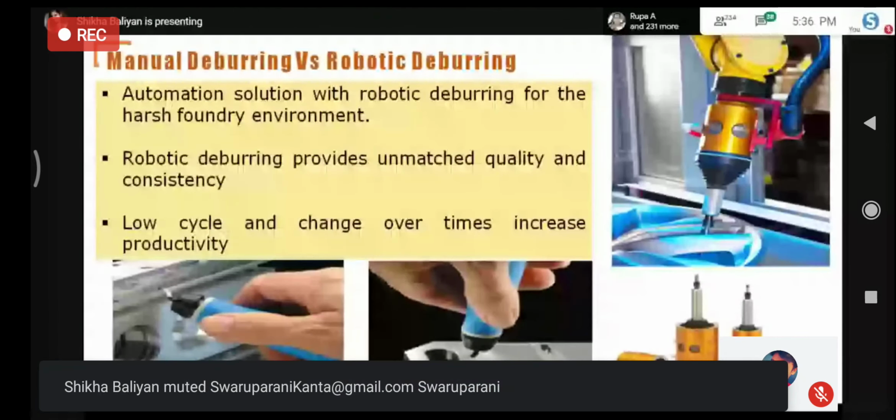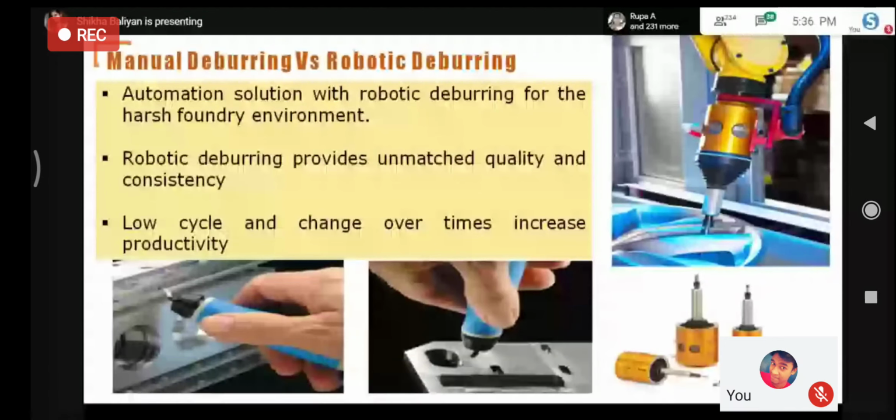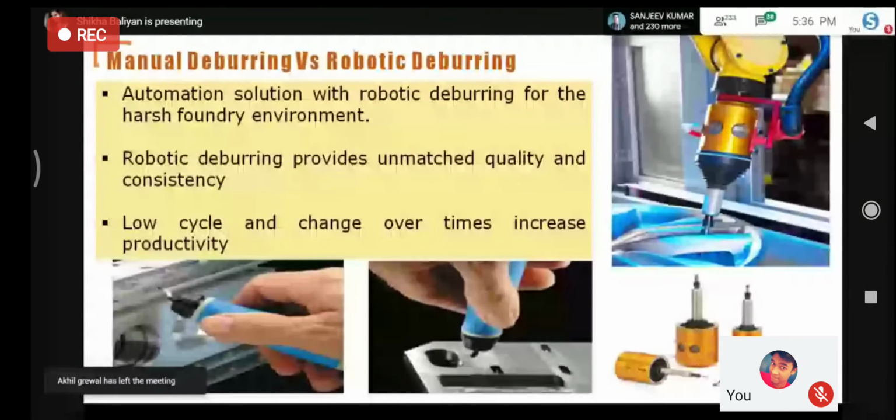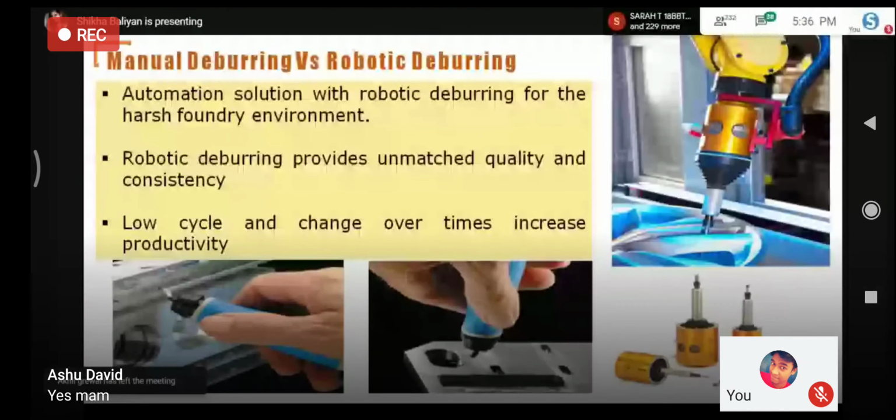The next very important difference between manual and robotic processes is the increase in human labor cost, and that factor has also convinced manufacturing industries to switch to robotic deburring. As we all know, industries are striving for accuracy, adopting precision, and they're also interested in consistent outputs in the manufacturing process.